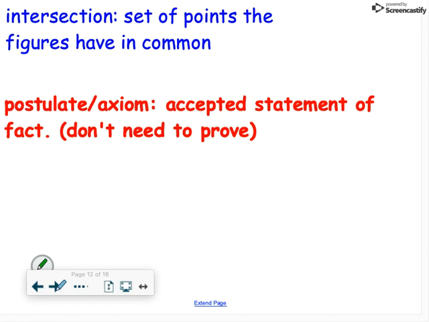And then in our books and during our class this year, you'll hear a lot about postulates and axioms. Those are accepted statements of fact. We don't need to prove them. We're going to do things called proofs in this class. But for postulates and axioms,